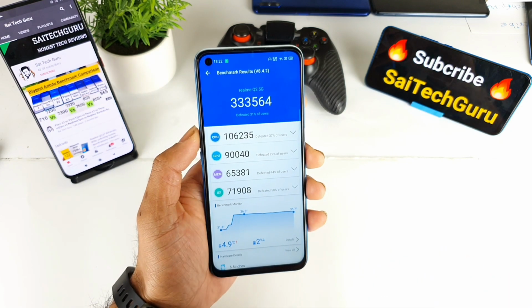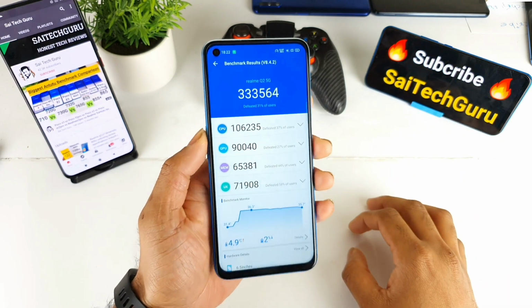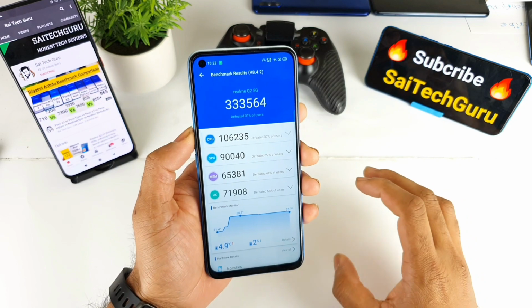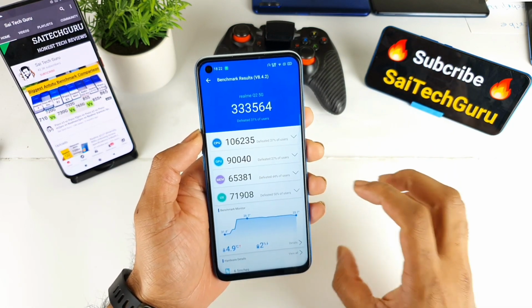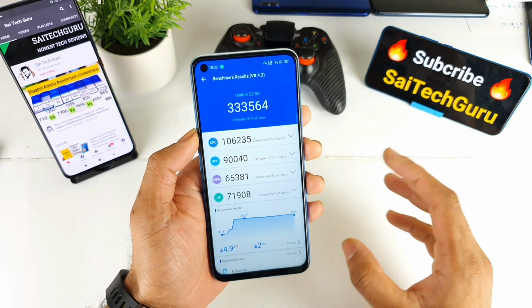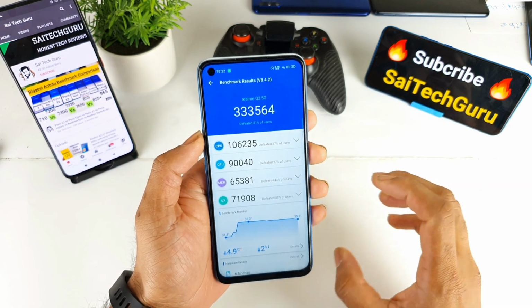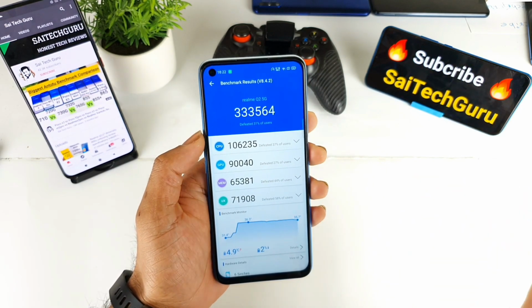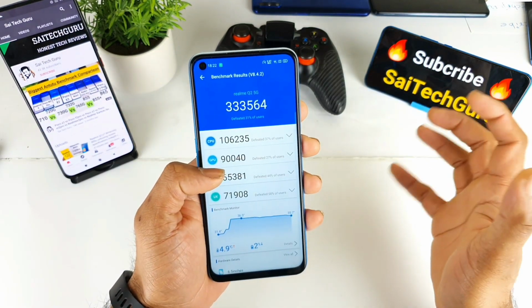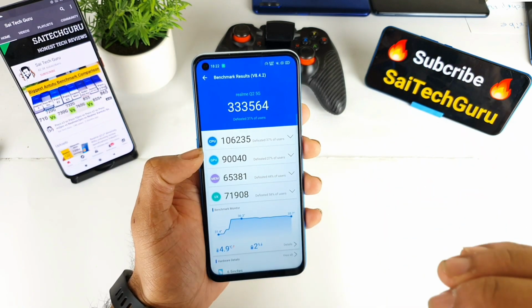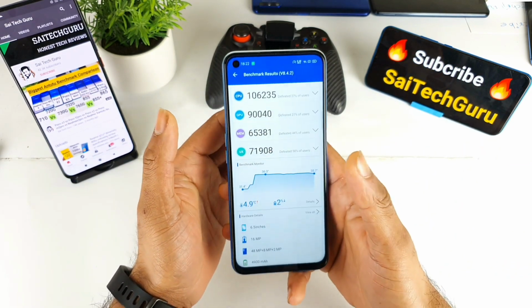The processor is very powerful. As I said, the results are very shocking. I did not expect the score to be this high, 3,33,000. I did see the advertisement saying close to 3,40,000 to 3,50,000. But right now 3,33,000 for this price segment, if Realme offers it close to 15,000, then this phone would be the perfect choice for most users.